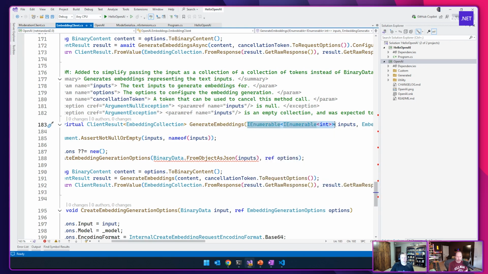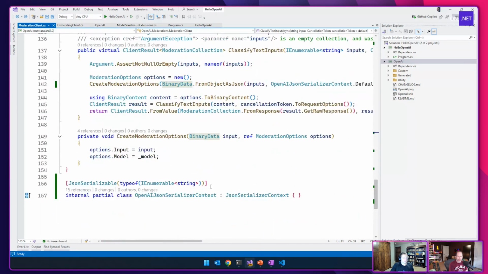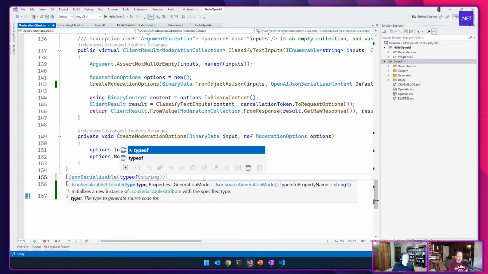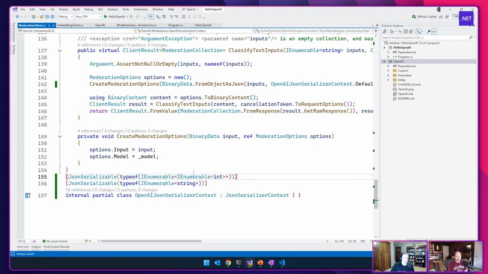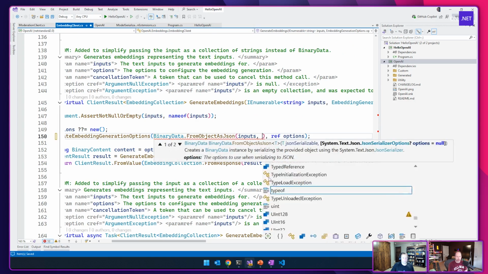Right, exactly. For this case, I would go back to this one, and say JSON serializable type of, and now I would have an IEnumerable int property that I can pass into here.